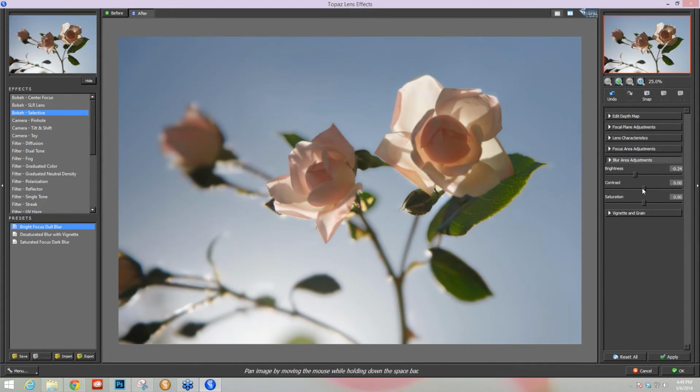I can also change the contrast as well. I am going to take some contrast out of the image to kind of take the attention away from the transition of light and dark over here on the left-hand corner. I'm also going to take the saturation down as well, allowing the color of the focal area to really shine through. Now I could add a vignette here in this particular module to drive our attention even more so, but I'm just not going to do that quite yet because I've already played around with the image, and I know my final step is going to be coming back into lens effects and working with